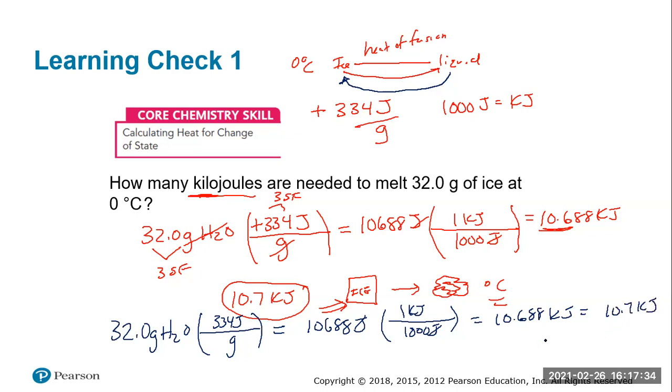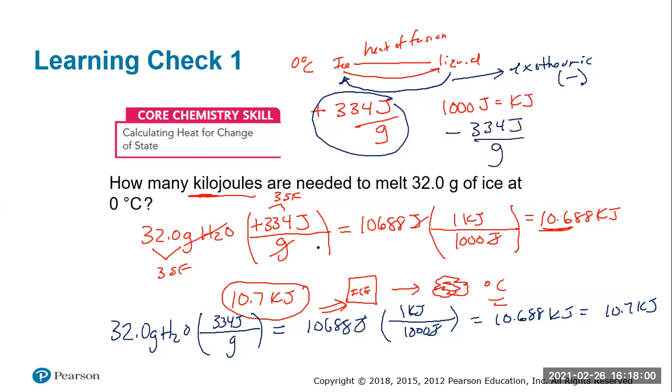So you may be saying to yourself, well, if it's the same calculation, should it be? And the answer is, it's really not, because if we're going from liquid to ice, that is an exothermic process, which means we're talking negative here. That means that we would technically use the same number, but it should be negative 334 joules per gram, which means we should have a negative here because it's exothermic, which would give us a negative there, and we would end up with a negative there, which would be exothermic.